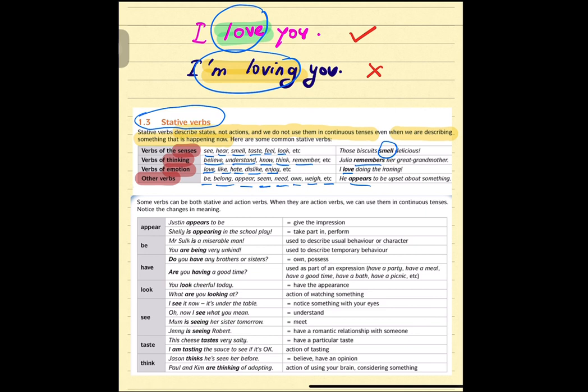Okay, how do we know this? It depends on how you are being exposed to all of these stative verbs, when you read or when you watch the movies or shows or other things. Alright, so